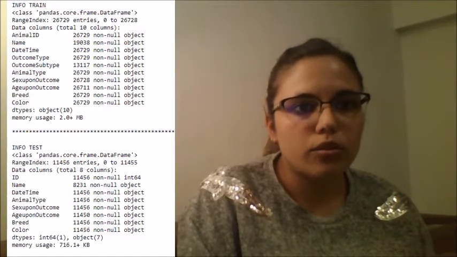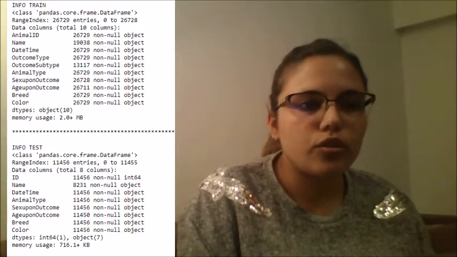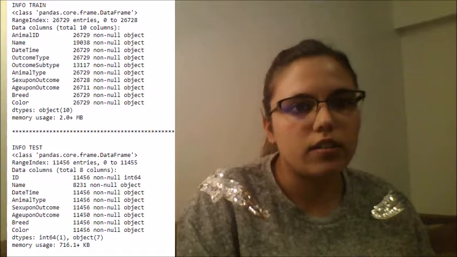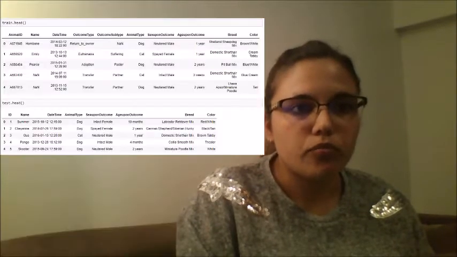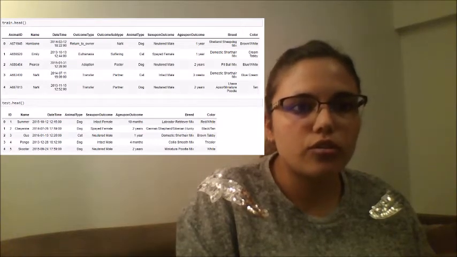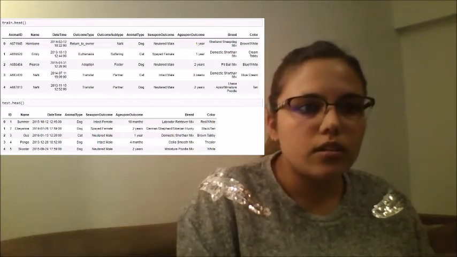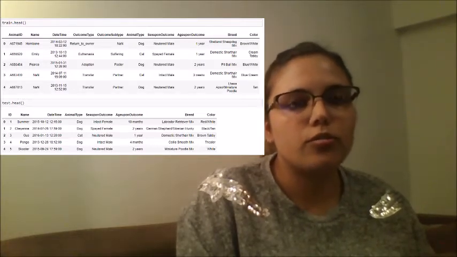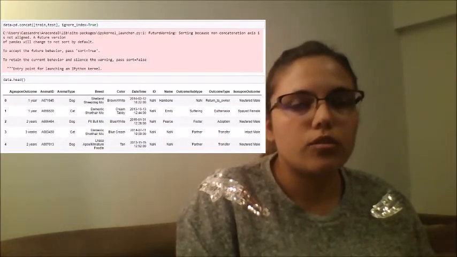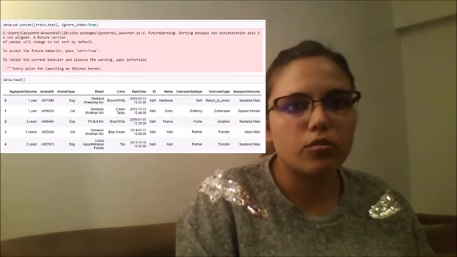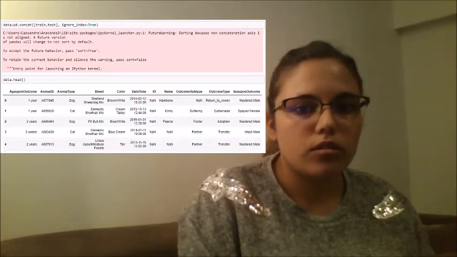So the first thing I did was to print the info of the data, then to print the first rows. The info shows us that we have 10 columns in the train set and 8 in the test set. We also miss some information in both of them. The first rows show us the structure of the info in the columns, and we can see the improvements we can make to simplify and optimize it. I chose to create as many new columns as possible because they don't have the same importance, and we can see their importance in the analysis part.